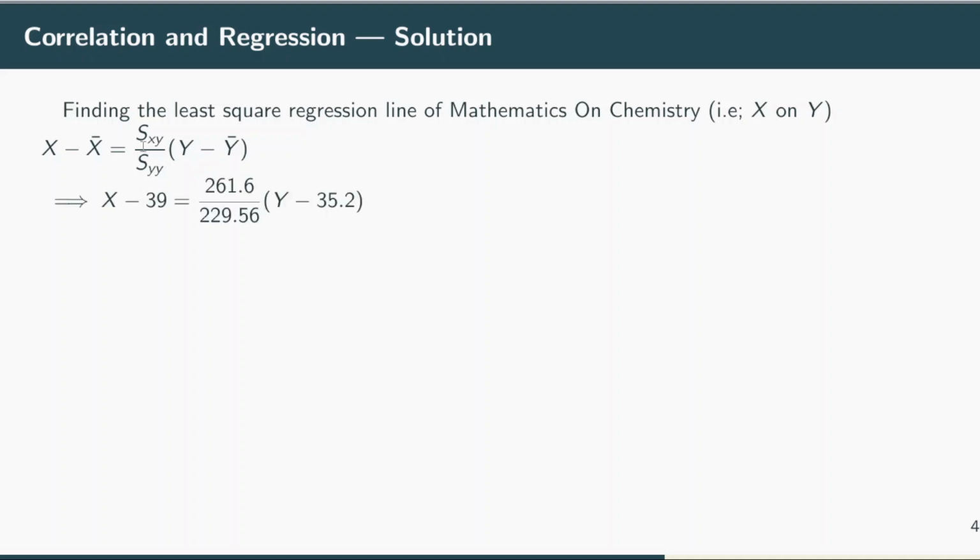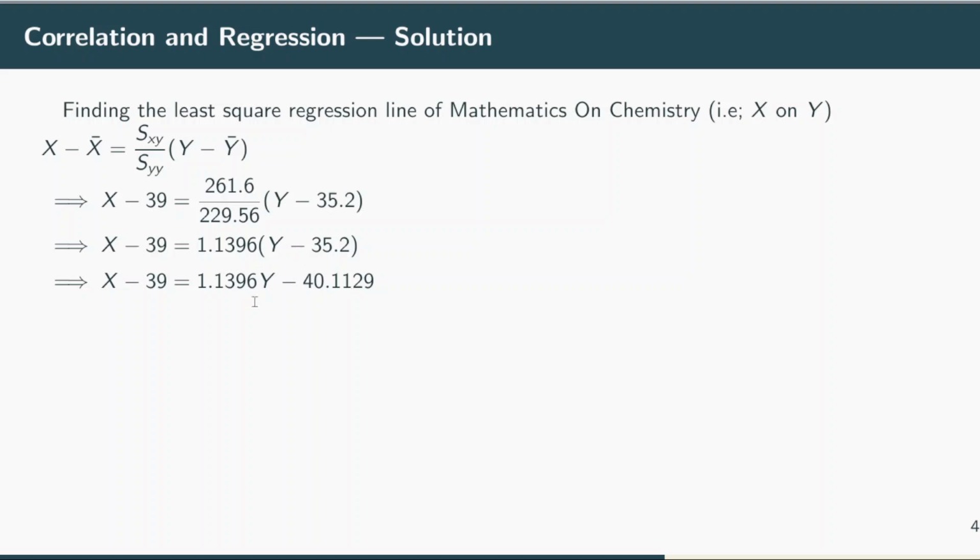So I'll be having x minus, of course, the mean of the x value was 39, equals the covariance 261.6 divided by the variance of y, 229.56 into y minus y bar. Then I will divide this quantity and I'll be having x minus 39 equals 1.1396 into y minus 35.2. I'll just have to take this value and then multiply it into the bracket or distribute it. So I'll be having x minus 39 equals, when I distribute, this multiplies with 35.2 and gives me